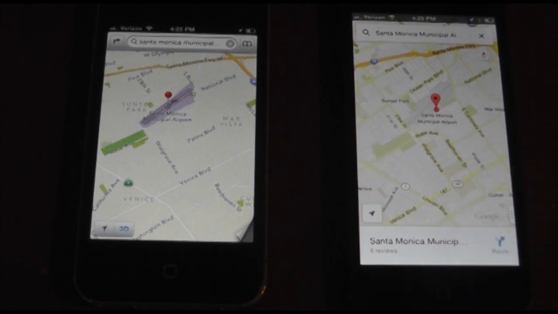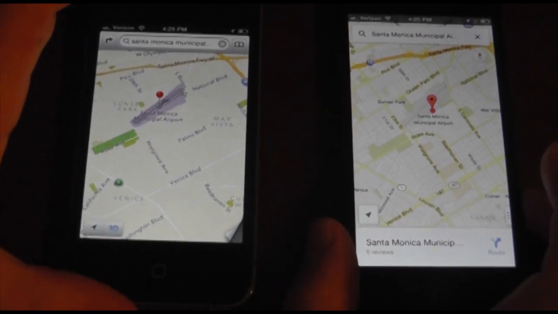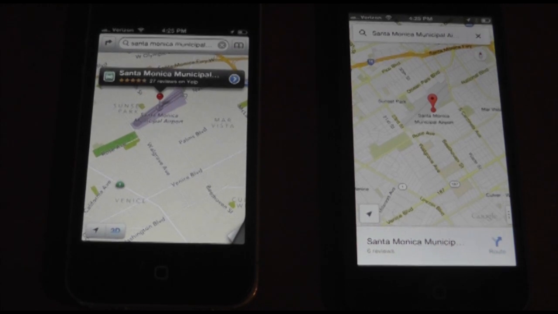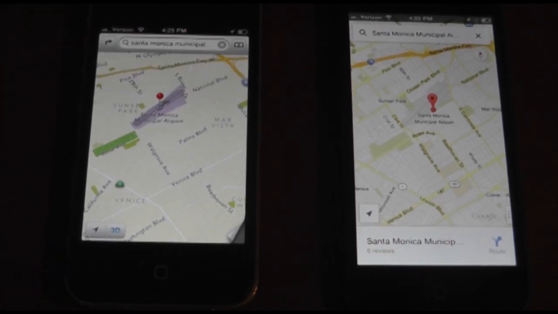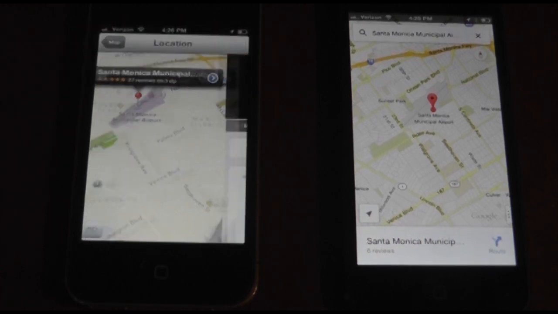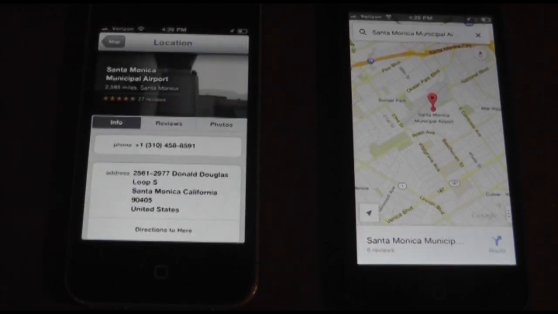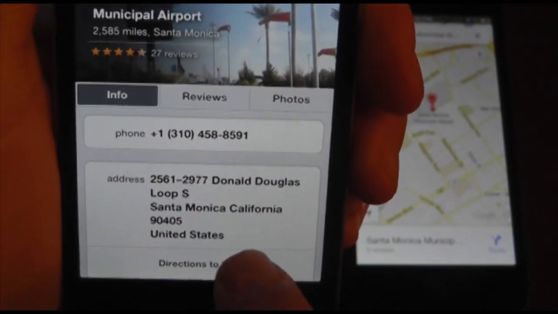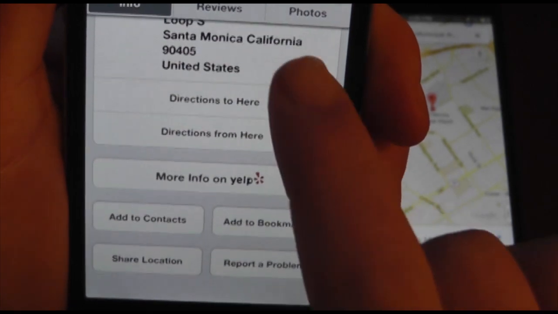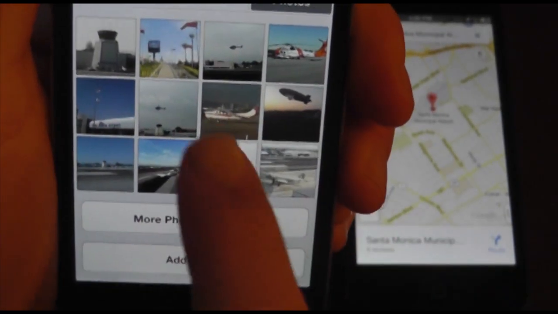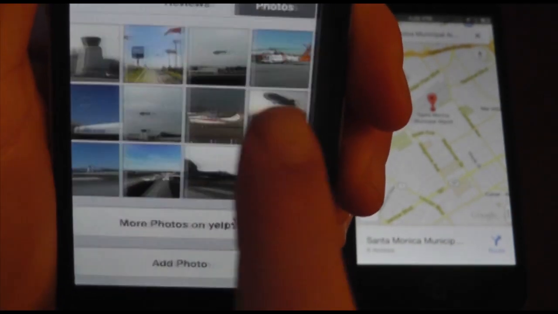Now, let's take a look at more details about the place that you're searching for. So, obviously we searched here for the Santa Monica Municipal Airport. If we click over here, it'll bring up Yelp, and let's see what Apple Maps has to say. Let me just try that again. There we go. Let's see what Apple Maps has to say. Now, it does have some pictures here, and it's got a phone number, it's got their address, some stuff on Yelp, it's got some reviews and some photos, and you can go through some of the photos and stuff, and